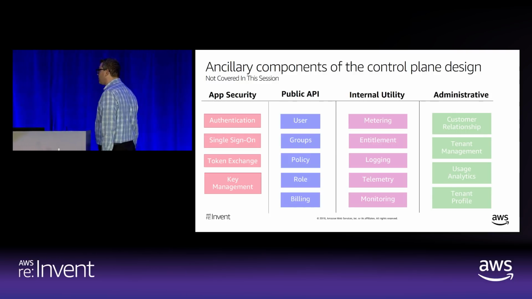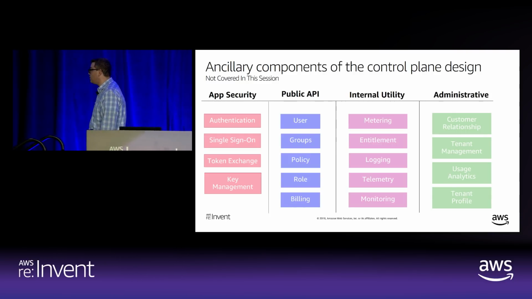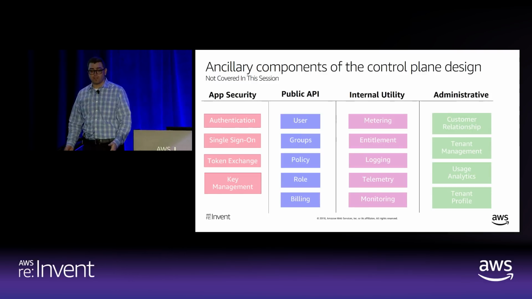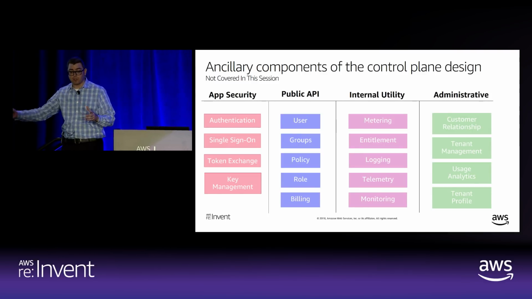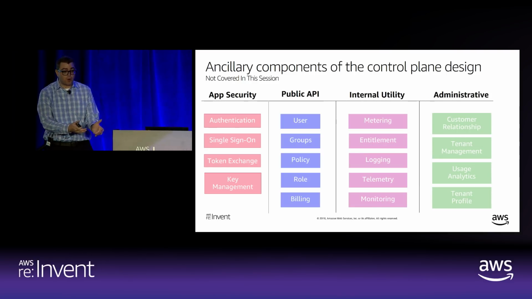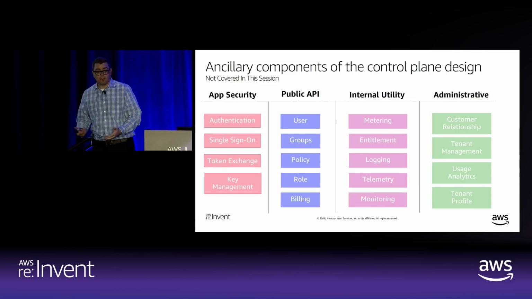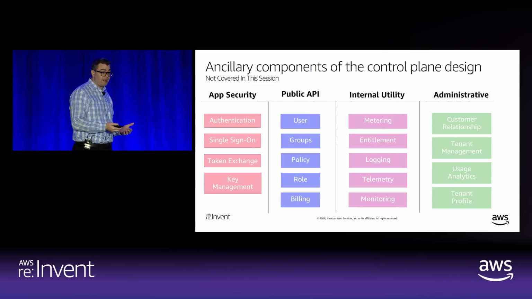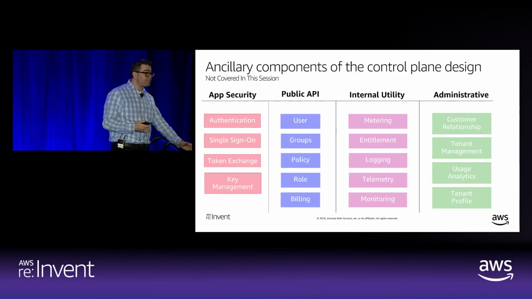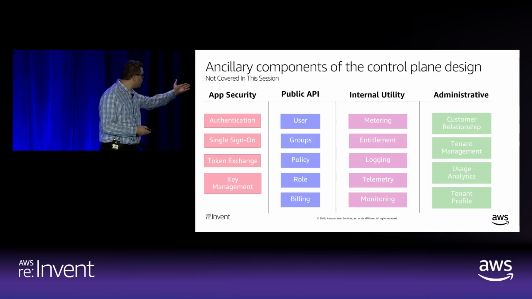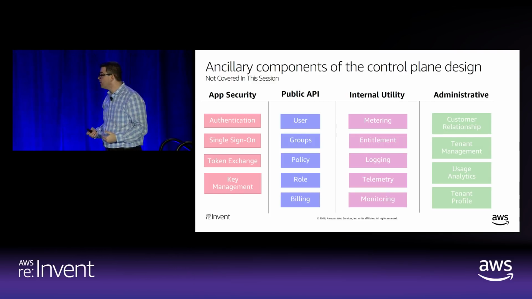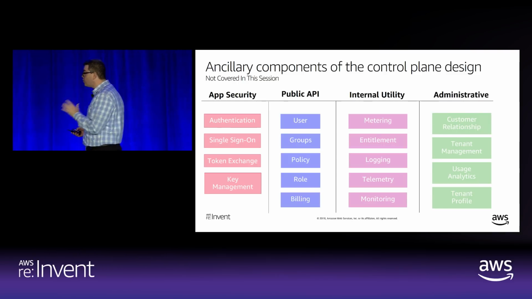There's obviously a large number of services that you need. You need a tenant-based service. You need authentication, single sign-on, an API key service. You need a token exchange service because you're trying to authenticate a user via SAML 2.0. You're trying to get their JWT token to convert from an OpenID login, right? Their OpenID profile allows them to log in through a user and a password that you're providing to them, right? Maybe you're using a provider such as Cognito User Pools, and you're trying to authenticate them and allow them to use the application. Well, you need a way to centralize all of those users into a single identity that you maintain as the provider. So these are core components that are crucial.